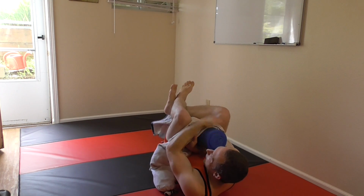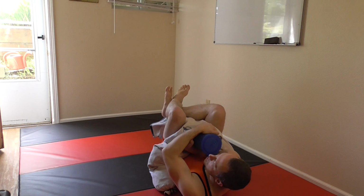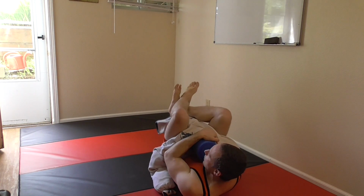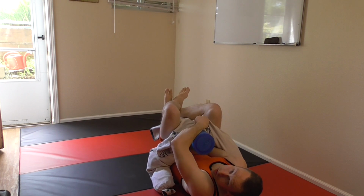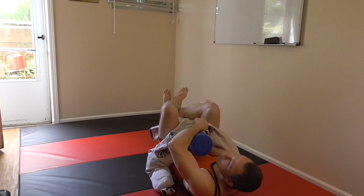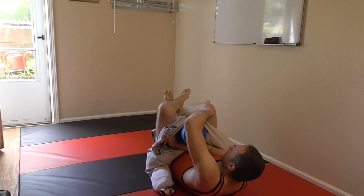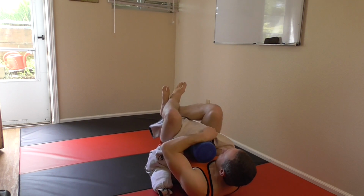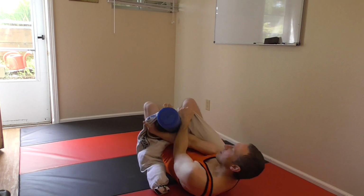Now I'm going to hold the back of his head really tight to my body, so it's really hard for him to build his posture up. I'm using this hand to hold him down, and I've got this hand on the back of his head. My fingers are just going to come over here to his opposite side shoulder, and I'm just going to grab some fabric here. Sometimes this can be a little more difficult to do, but this much of a wrinkle is enough. So I get this kind of wrinkle here, and now I'm going to pivot